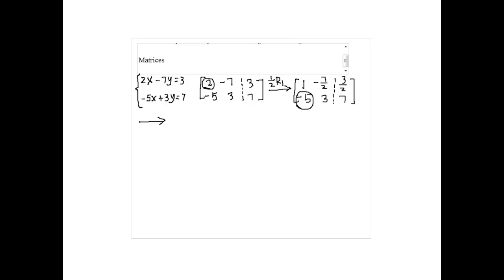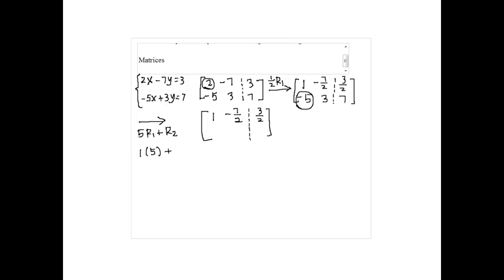Since we want the -5 to become 0, we are going to multiply row 1 by 5 and add that onto row 2. So the top row does not change: 1, -7/2 and 3/2. In the bottom row, we have